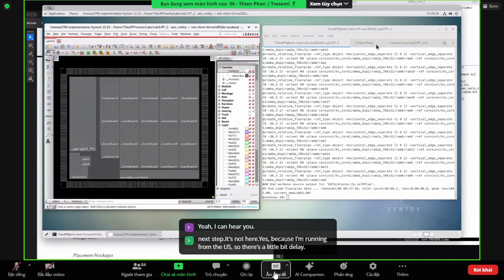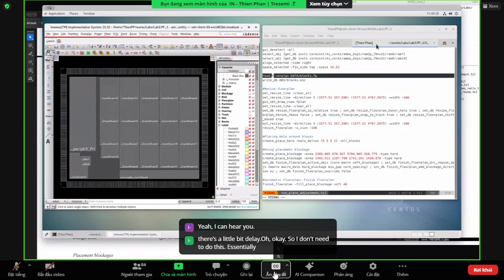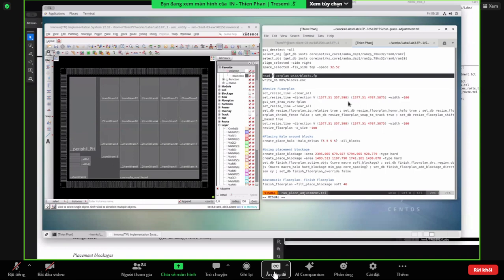So, okay, I don't need to do this. Essentially, write DB just saves the database that we have here. I don't think I need to do that. So set resize line, clear all, and then